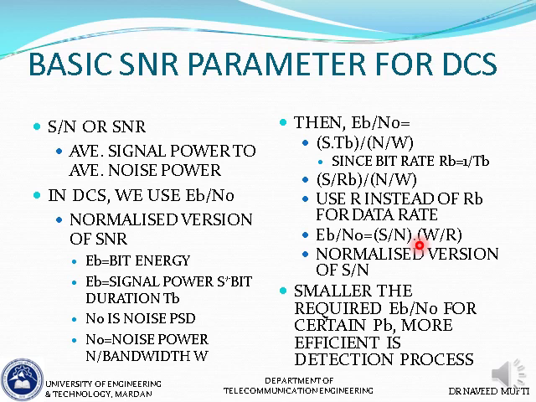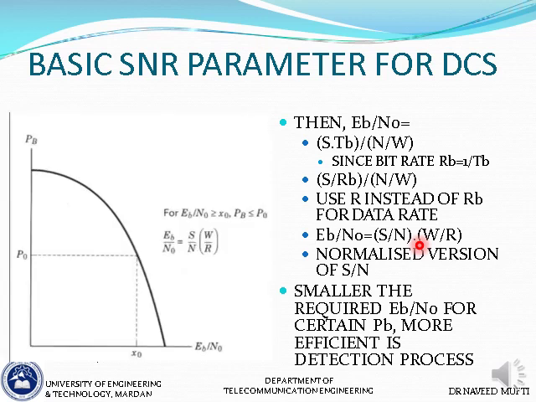तो EB by naught जो है it can be considered as a metric that characterizes the performance of one system versus other। तो दोनों की हम परफॉर्मेंस मेज़र कर सकते हैं EB by naught के ज़रिए। क्या चीज़ ध्यान में रखनी है कि smaller is the required EB by naught for a certain probability of bit error, the more efficient is the detection process of that particular communication system। तो ये वो तस्वीर है जो हमने पहले भी देखी हुई है। तो बेसिकली डिजिटल कम्युनिकेशन सिस्टम में instead of S and R we have the EB by naught on X axis and we have the probability of bit error on Y axis। एनालॉग में ये probability थी और यहाँ पे S and R था, तो डिजिटल में ये EB by naught।